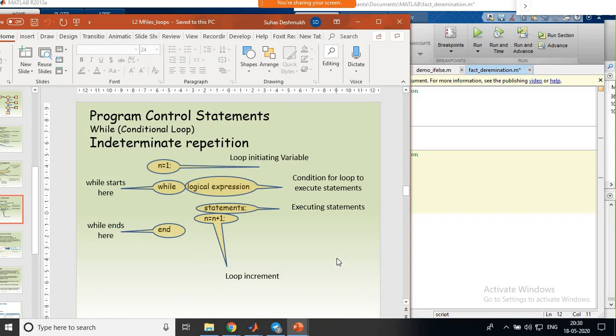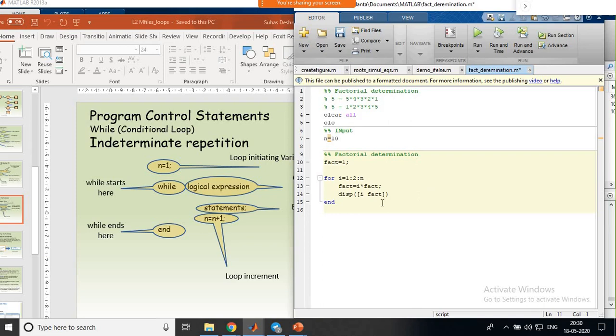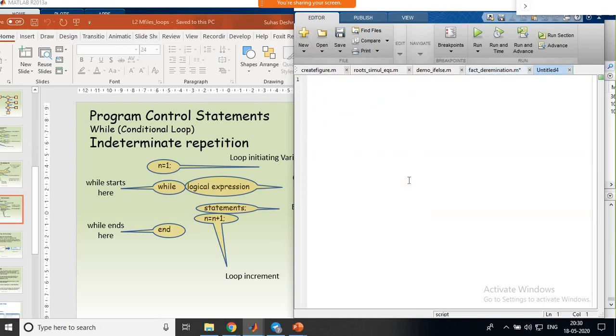Now we'll look at how to generate a factorial function for this, how to use this logic for a certain function. So I'll show you how to write a function. A function is nothing but a small program which will create a repetitive kind of activity. So for that purpose, I will now write a function. Function is the name of that particular file. Then I will give the output variable you want, that is the output argument, I can write fact. Then I will say it is factorial underscore number n.